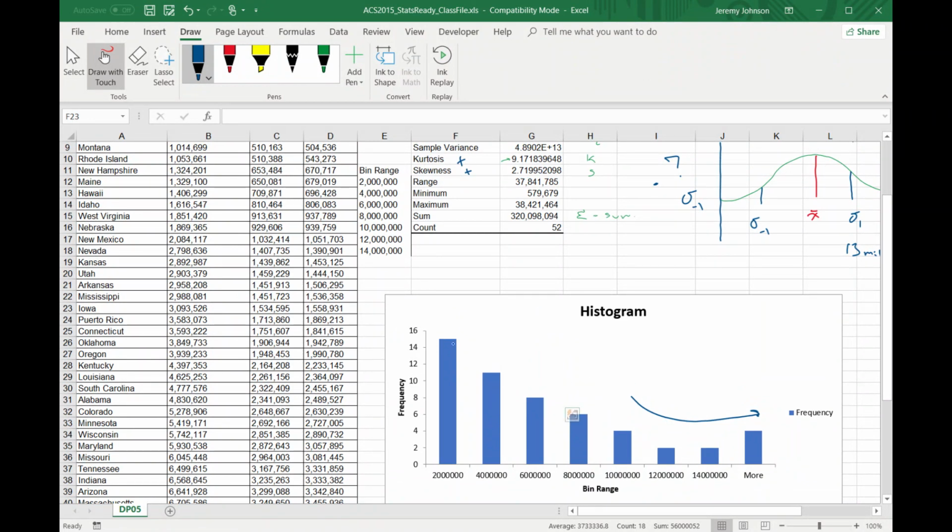Right? And our kurtosis is actually quite pointy because it's missing this tail over here. It's very tail heavy on this side, but not on the other side. So it's very pointy. So we should be seeing something like this, but we're missing a whole chunk